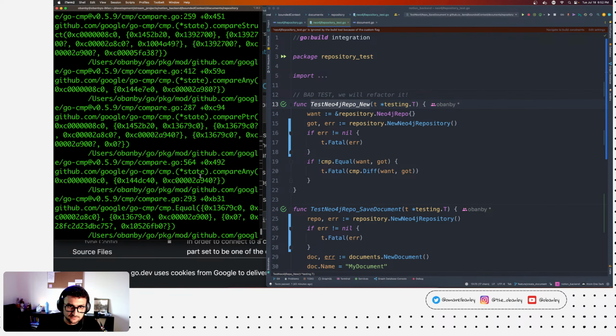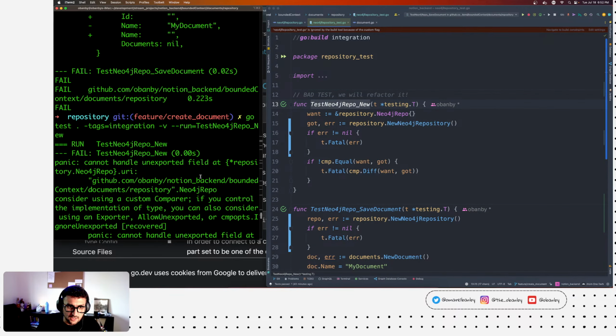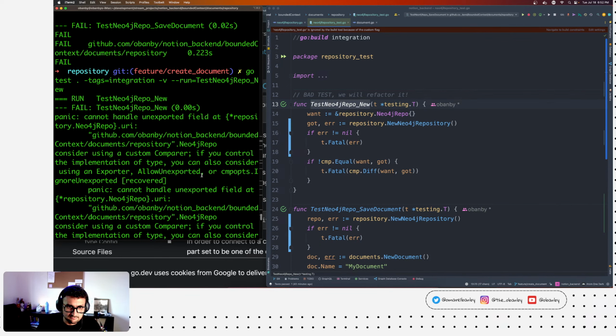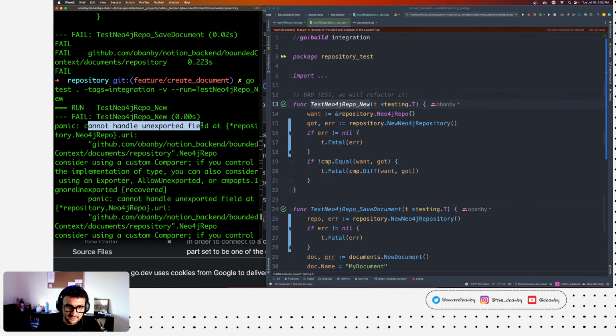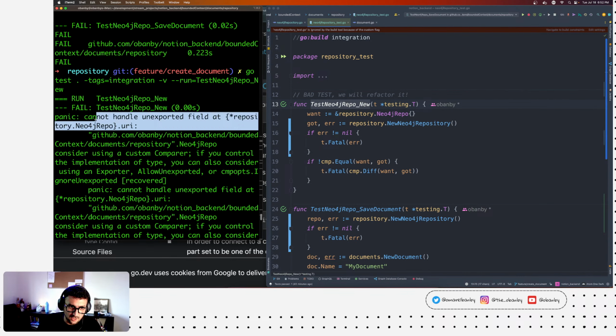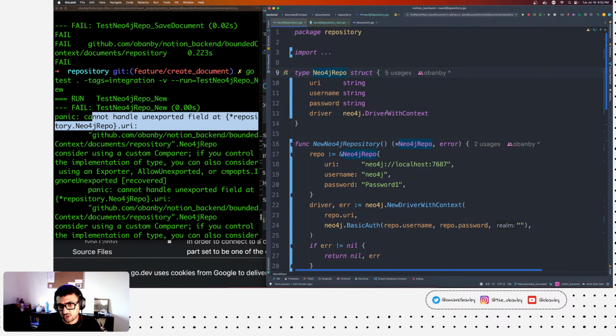So now, wow, we got all sorts of things, right? Cannot handle unexported field, repository, the URI, right? Yeah, of course. And that's what I was saying about the compare package. It cannot compare something that is not exported. So URI, username, and password.